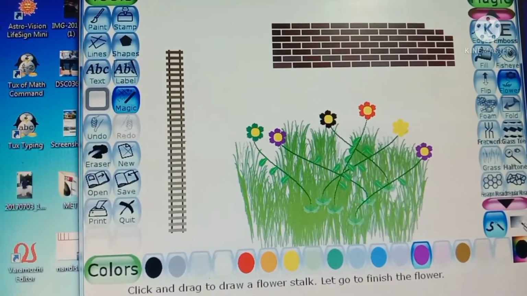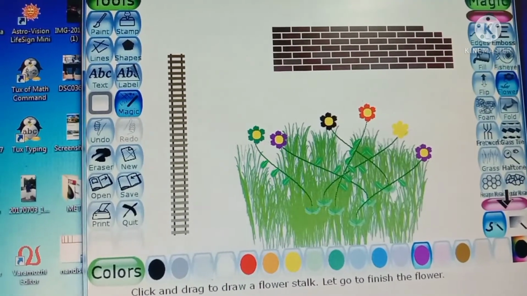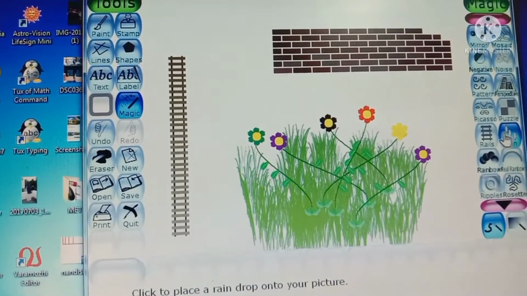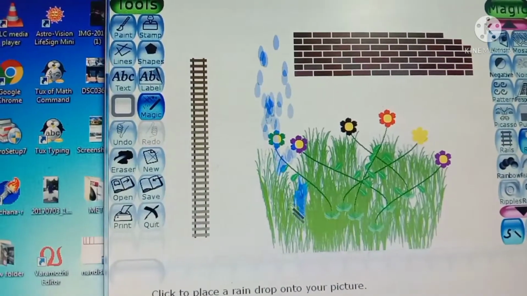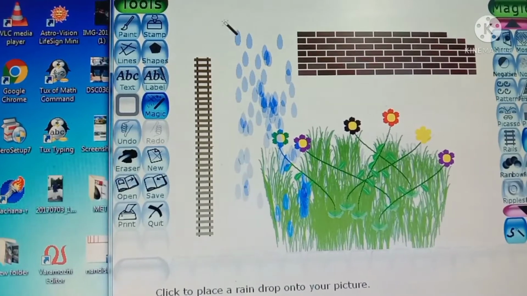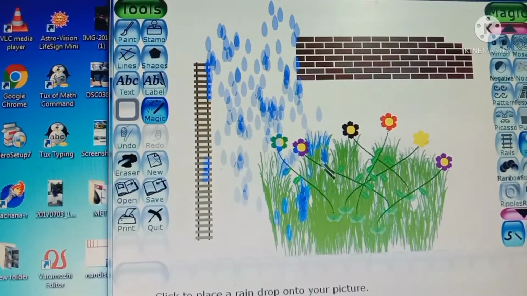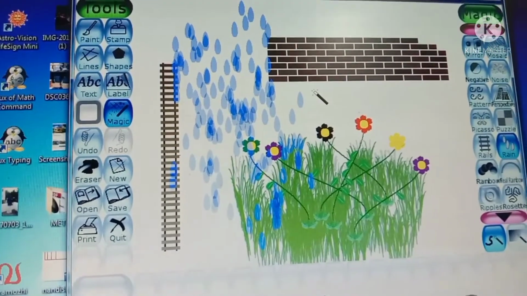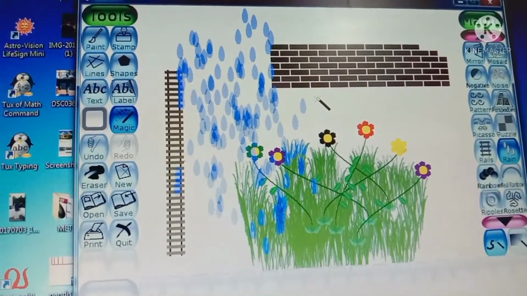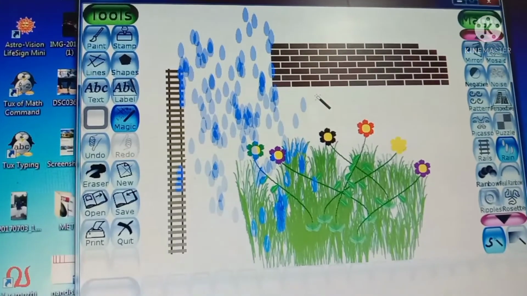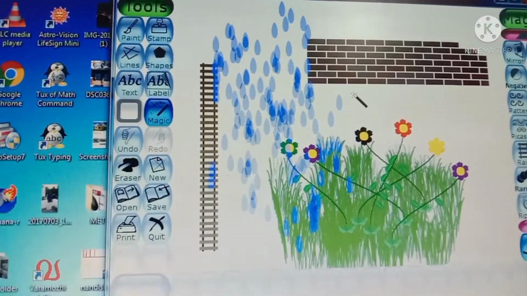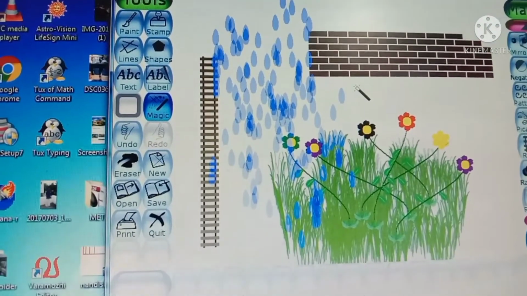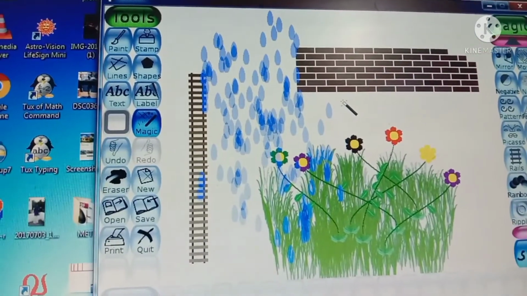And then there are a lot of tools there. You can choose which one you need. Okay, rain is there, right? Just simply we can draw the rain. It's very easy, right? These are the tools we can apply on the blank drawing space. Then there are some other tools also that we can't apply directly over the blank drawing area, so we can study about that.